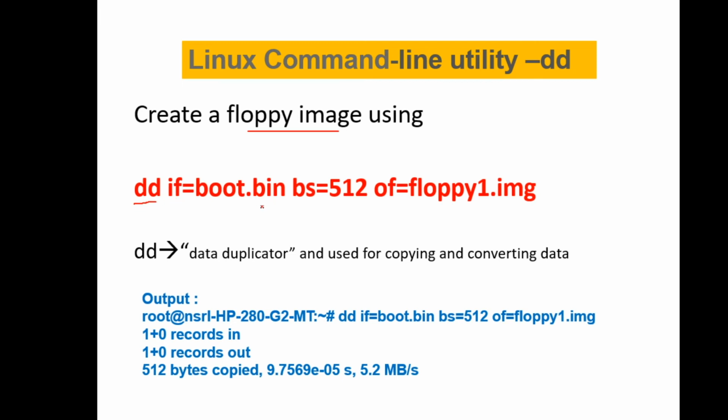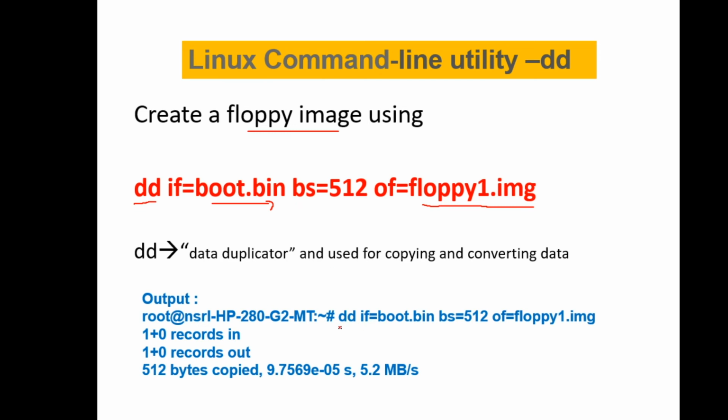So we have to give the syntax like if=boot.bin. So boot.bin is the file name we created here for the binary file. bs=512. of=floppy image. So of is the floppy image conversion. The image file has been created, so your output file will be floppy.img. Output file of is equal to floppy.img, and the byte size given here is 512.